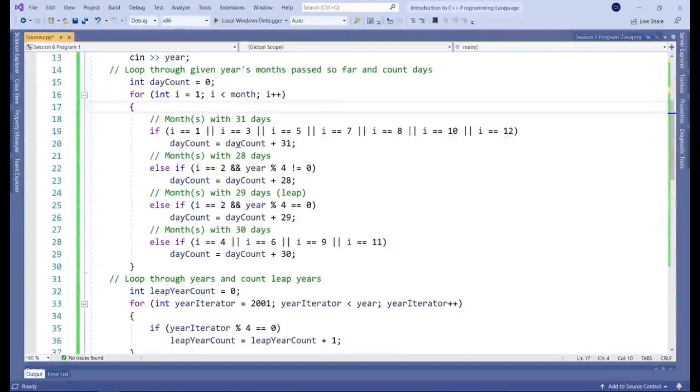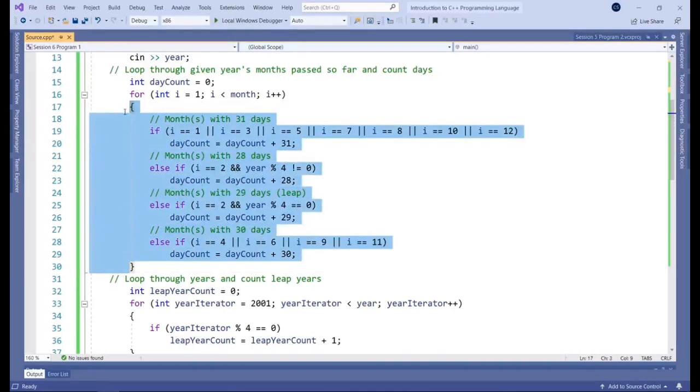Don't worry too much if all the aspects of that didn't sit quite well right away. We have to look at some more examples and then it'll start to come into a clear picture for you. But just get the idea that we're basically repeating this code that is encapsulated within the body of the for loop.